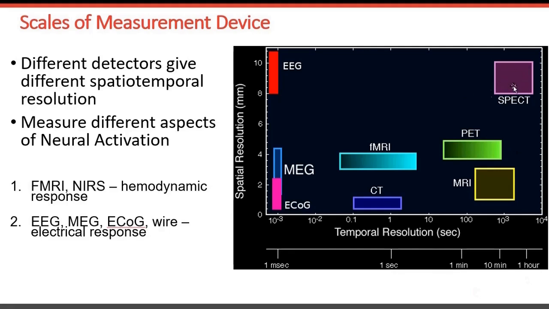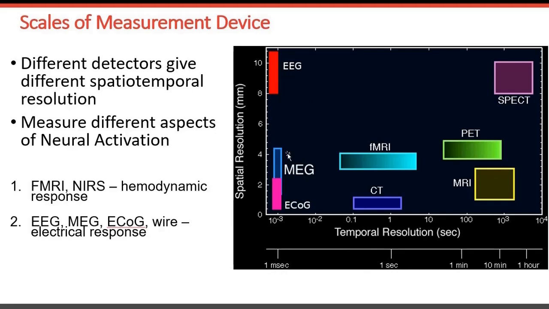However, they can be used for other applications, clinical applications, not for BCI. For BCI, what we are interested in is how fast, how fast we can get the brain response decoded. So some of them are EEG, MEG, and of course we would like to pinpoint spatially where in the brain that fast activity is happening.